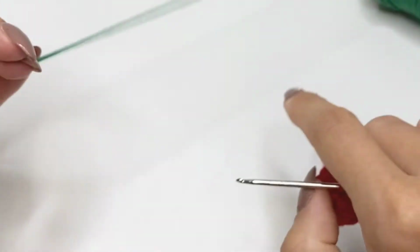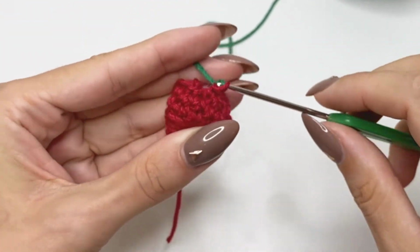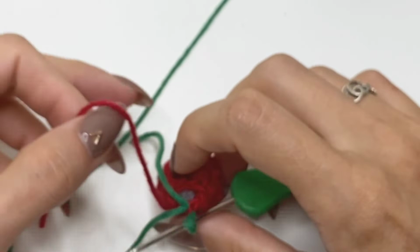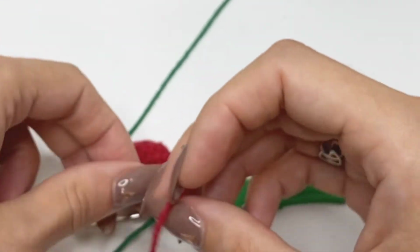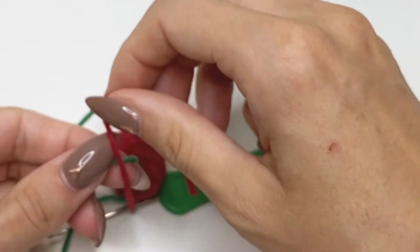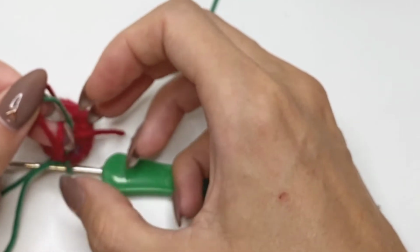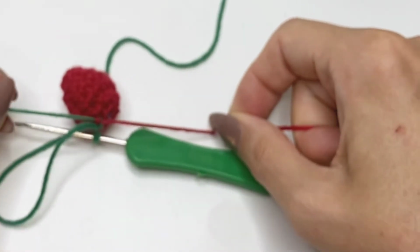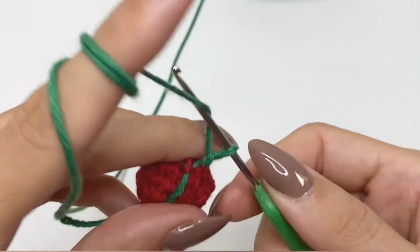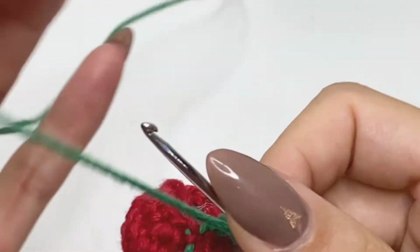And now here I inserted green yarn for the leaves, and it's actually very easy. You just pull it through and then you tie these two into a knot, and you can hide them inside the strawberry and it's not going to be visible. So just tie two knots to make this secure, and then you're going to chain 3 or 4. It depends on you. This first time I actually think I went with 4,